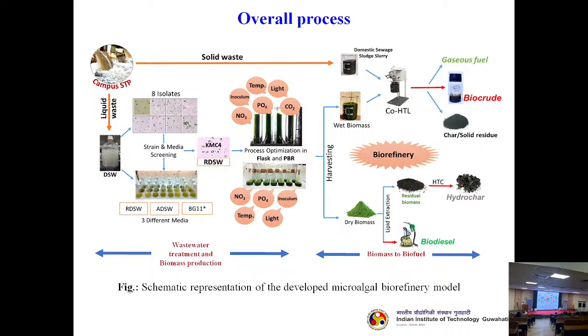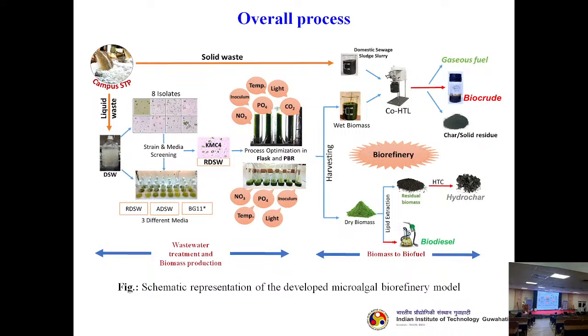You will see that biocrude, there is some gaseous fuel that is also very interesting, but I am not going to tell about that. Okay, so that biocrude is exactly matching with the properties of the petroleum crude. So that means I can go and distill it. So what we have done is the distillation also, using micro distillation. So it has given different cuts, naphtha, then jet fuel and all these things, kerosene, petrol, diesel, and the profile and the temperature is more or less similar to that of petroleum refining. Okay. So in the below you can see that the dry biomass has gone for biodiesel and hydrochar.